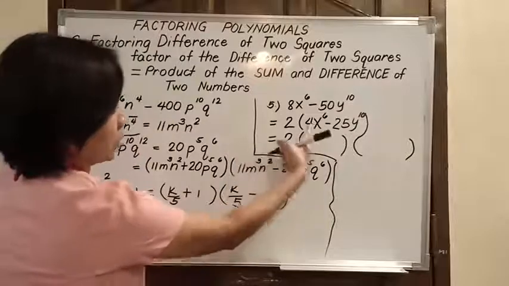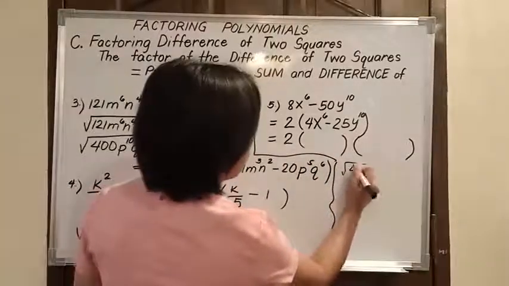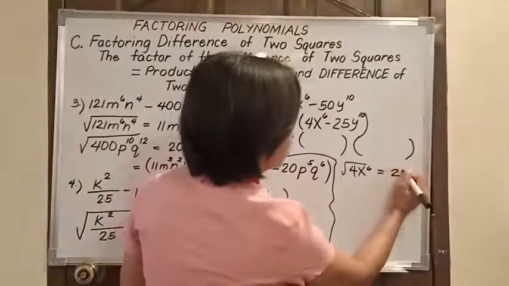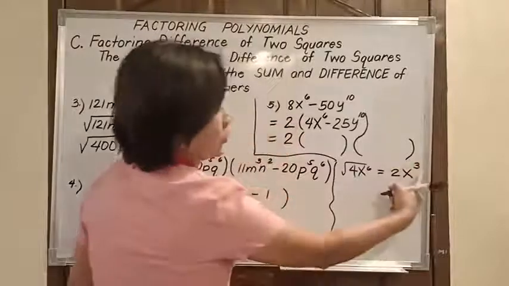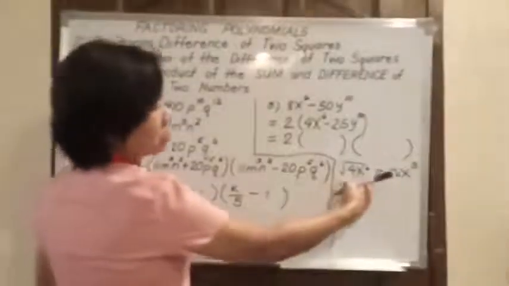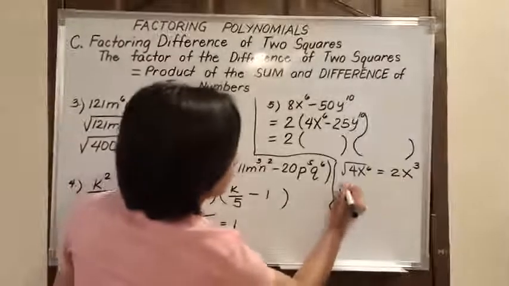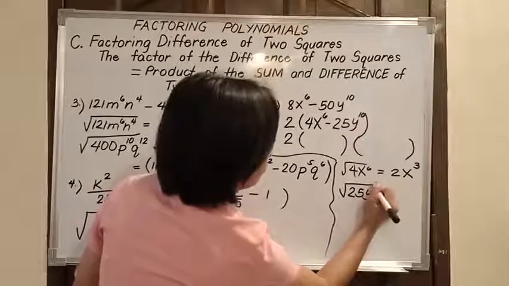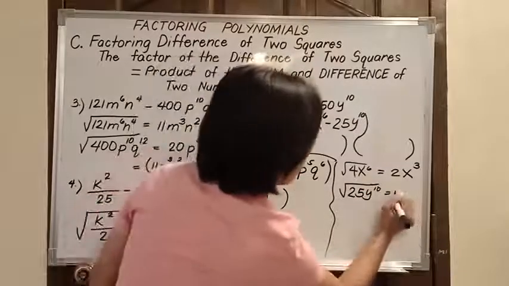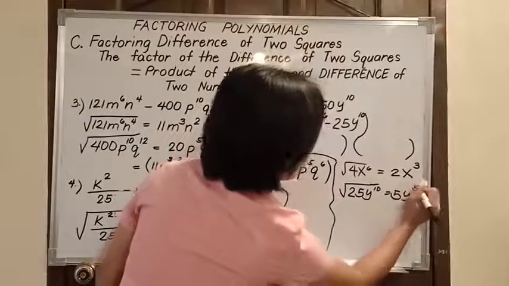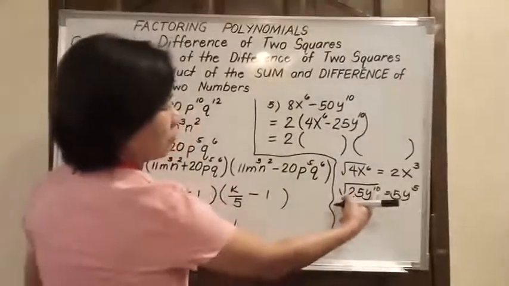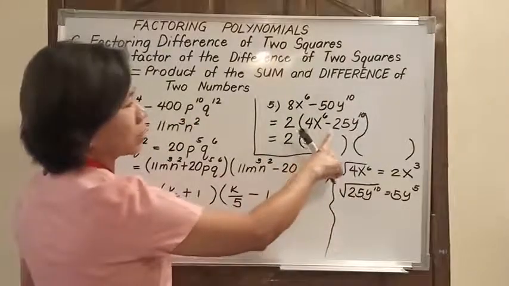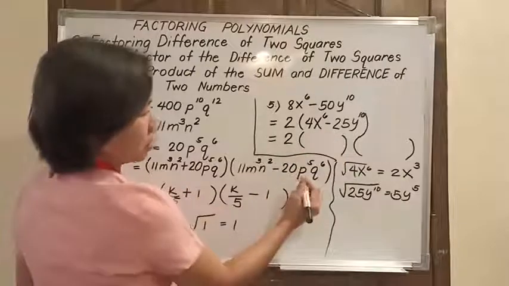Let us now get the square root of 4x to the 6. Since this is a perfect square, the square root is 2x to the third power. To the third power, because we divide 6 by 2, that is 3. And the square root of the second term, square root of 25y to the 10th power, is 5y to the 5th power. For the exponent of y, we divide 10 by 2, and that is 5. Therefore, the factors of 4x to the 6 minus 25y to the 10 is